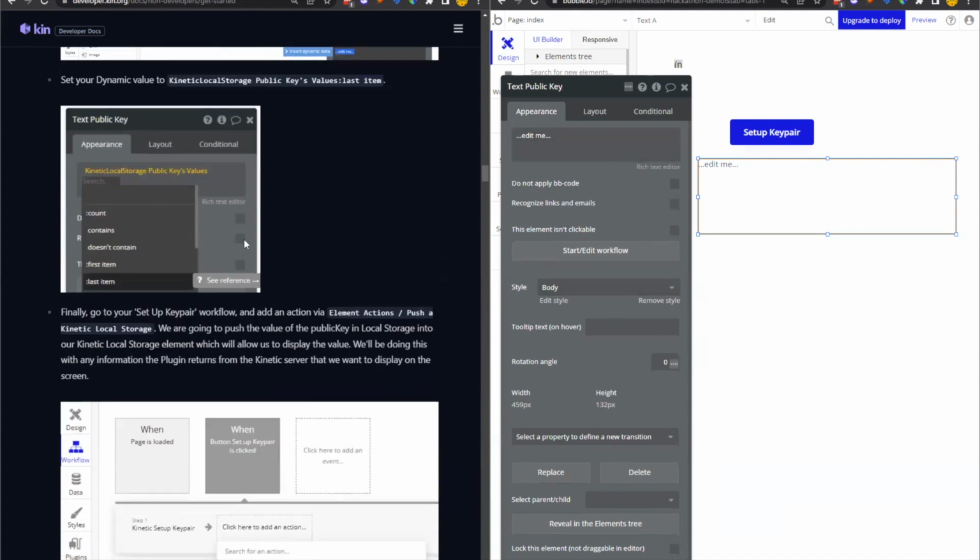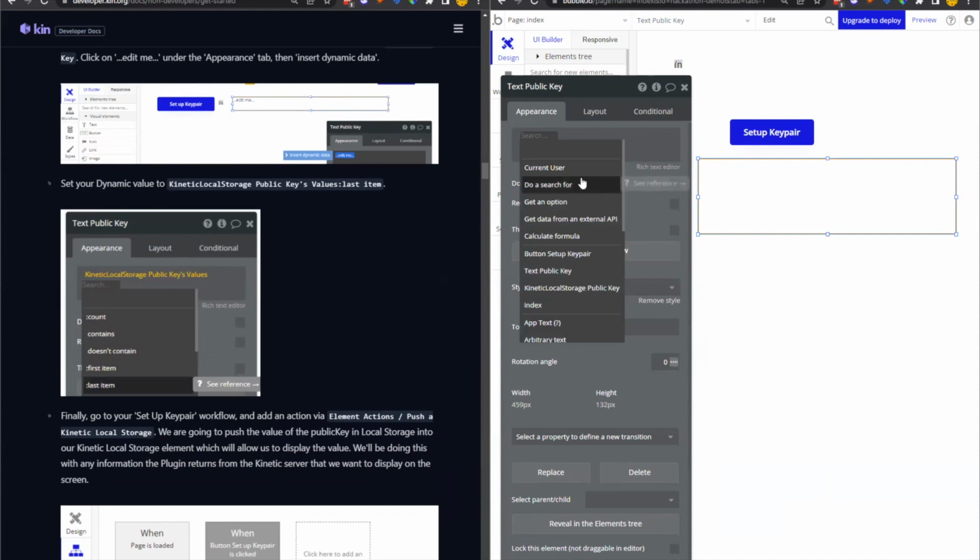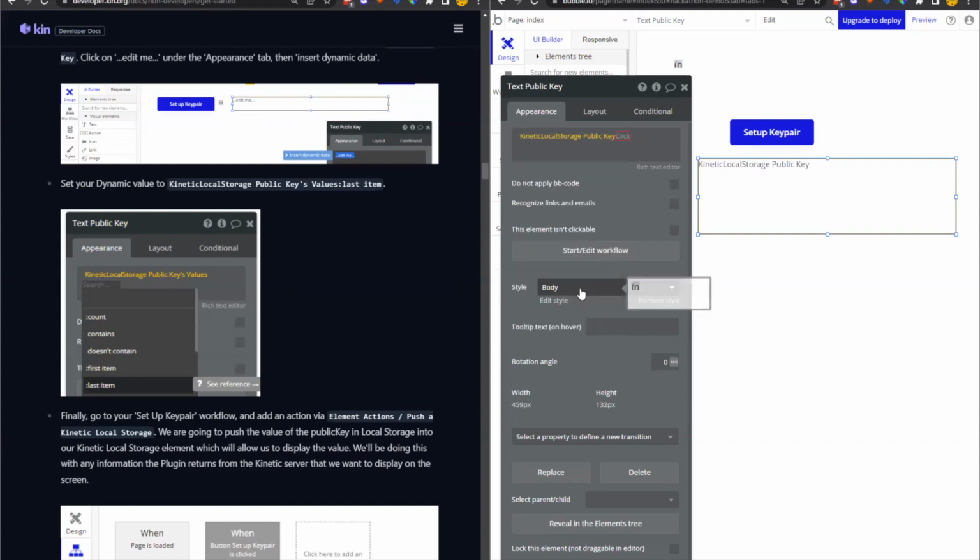Under appearance, the way this works is not super elegant, but it works. We're going to set this to be kinetic local storage public key's values,